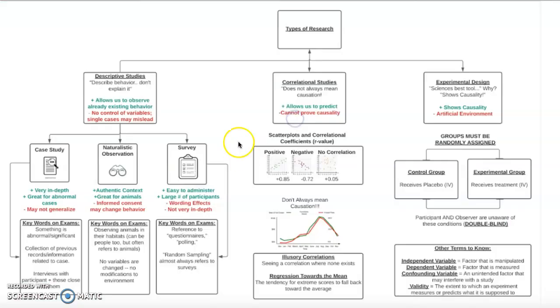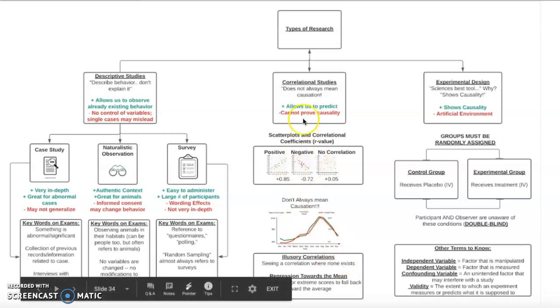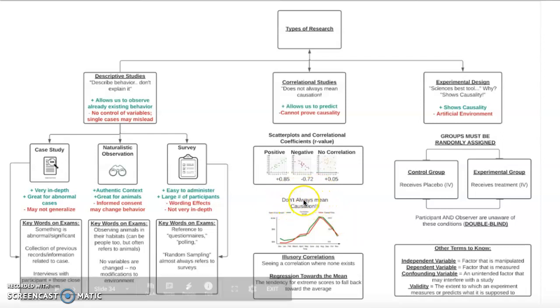For our previous video, we focused on correlational studies, remembering that keyword: correlation does not always mean causation. What we can do with correlational studies is make predictions, and what we can't do is draw causal